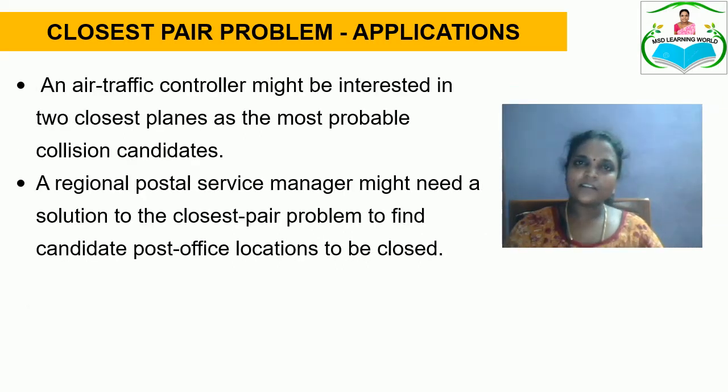Take an air traffic controller, where there is a possibility of using the closest pair problem, with the plane taken as an object. While the plane is traveling, there may be a possibility of collision. So there is a need to find the nearest plane that is approaching any other plane. Here comes the application of the closest pair problem, where we need to find the pair of planes which have a very small distance, which is the closest pair of objects.